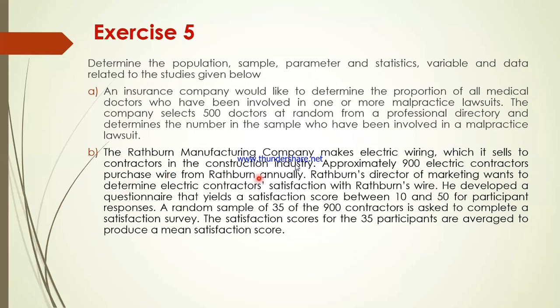If you define it in such a manner, then only you can get the marks. Otherwise, if you write just 900 electric contractors or 35 electric contractors, then you will not get the marks. Right? According to the given scenario, you have to give a clear definition. Right. Now,